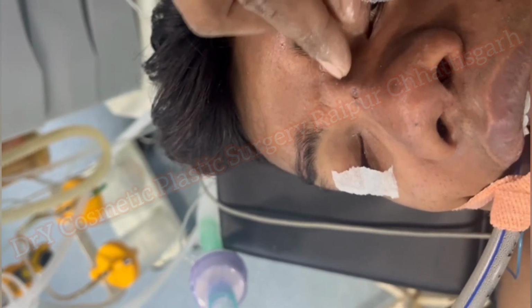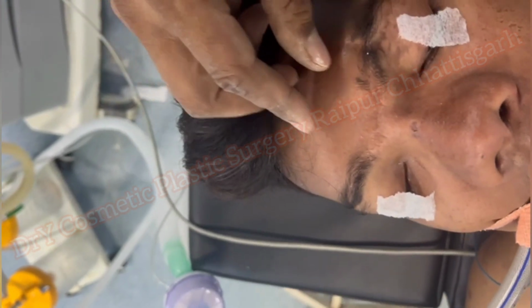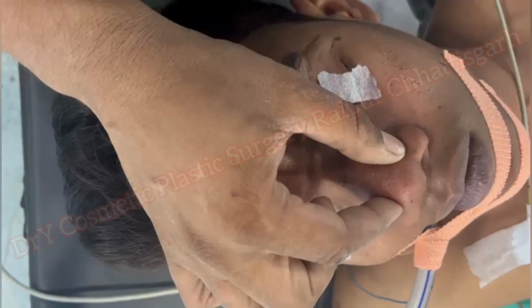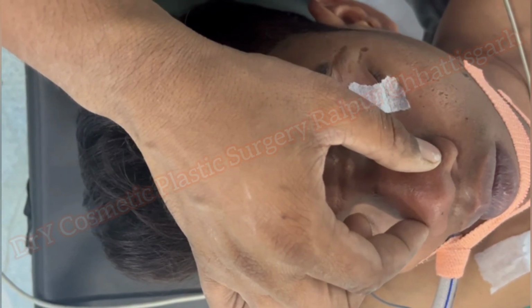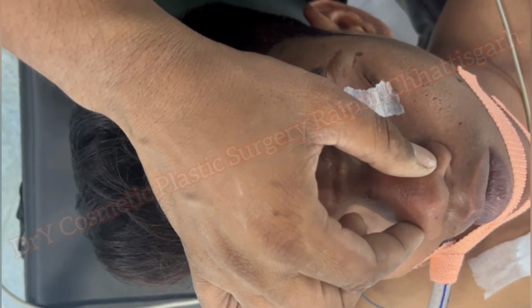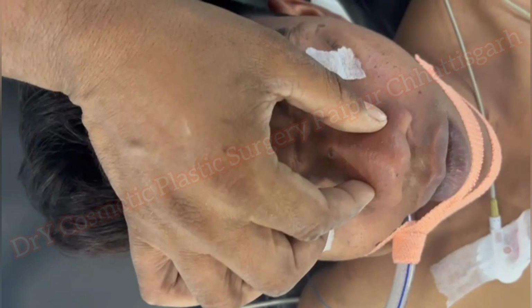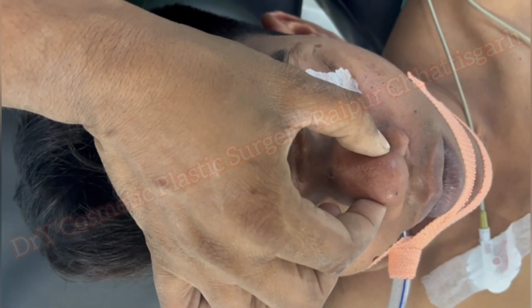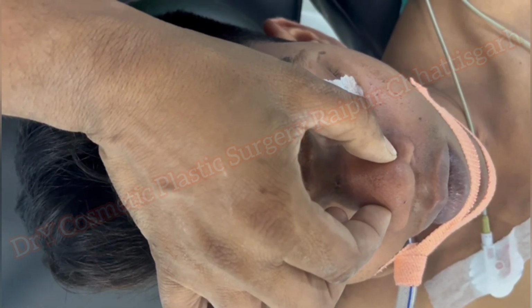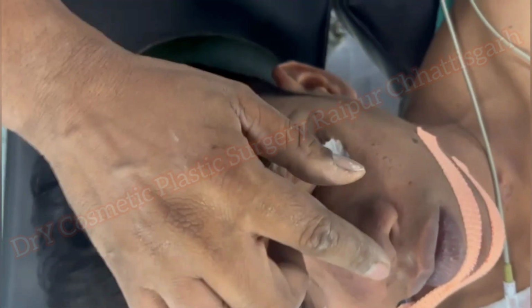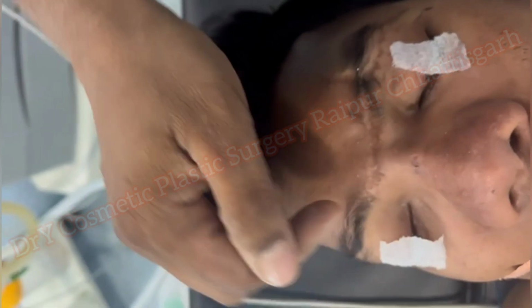So I will remove this distal area, this rib cartilage area. Here the nasal lower lateral cartilage is not sutured in the midline, so an interdomal suture had not been taken previously. So this area, as we can see, is very much broadened. So I will bring this area together.